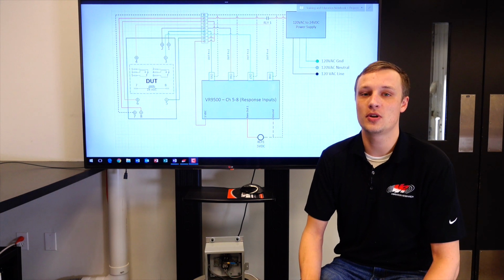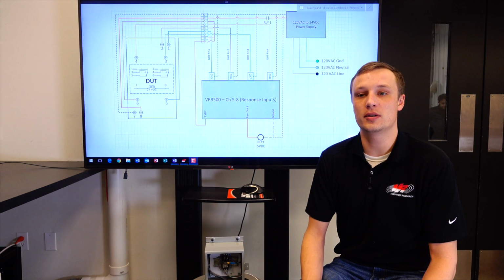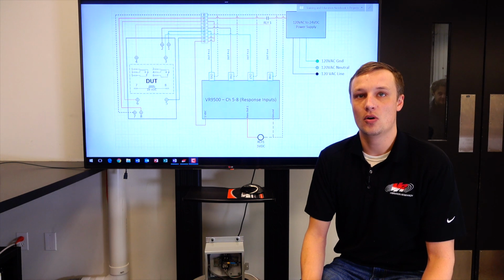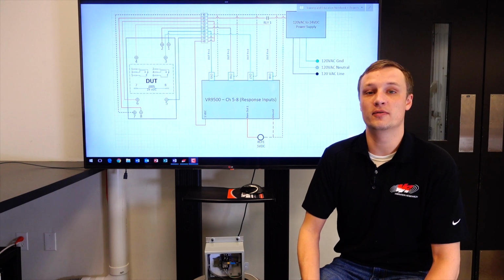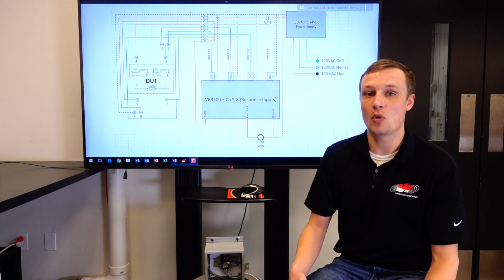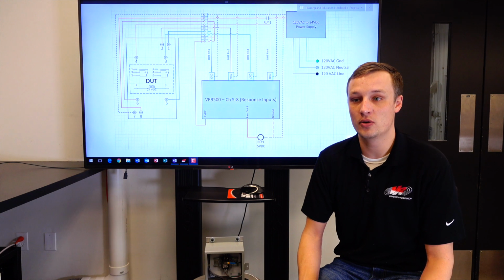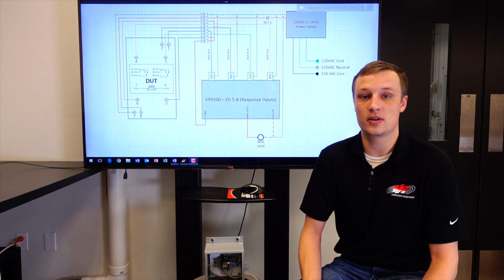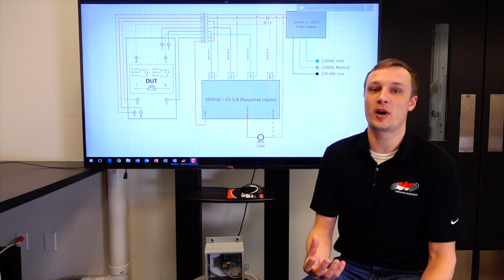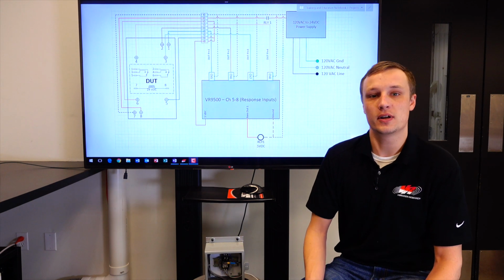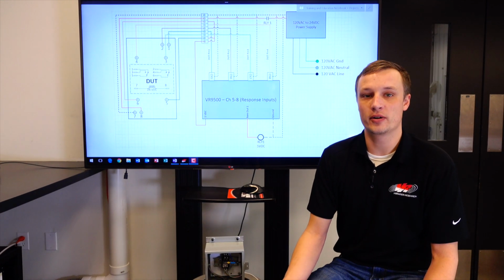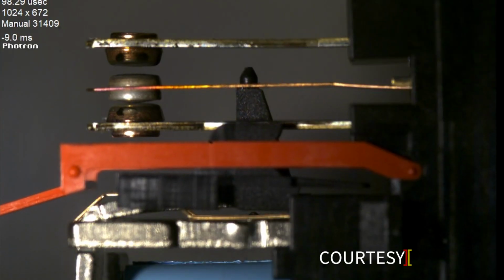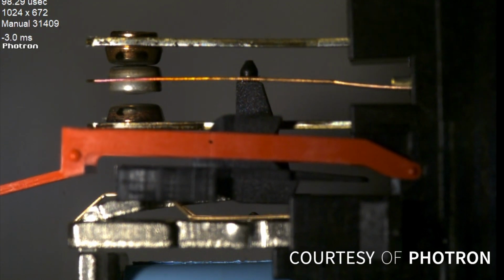Bounce typically occurs when too much current is applied to a magnetic coil, which causes the coil to chatter. The other type of event is a discontinuity, and that's what we're mostly concerned with today. Discontinuity in our case is where the spring tension or electromagnetic force of the relay is overcome by vibration. So the result of that is a chatter event where that vibration causes a disconnect between the two terminals on